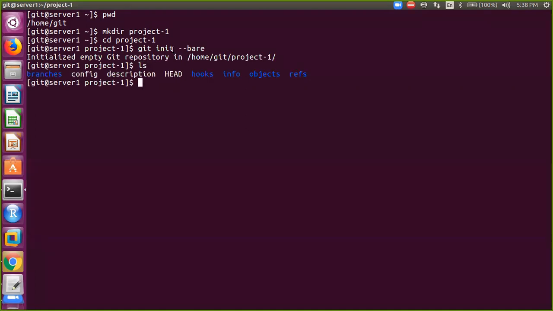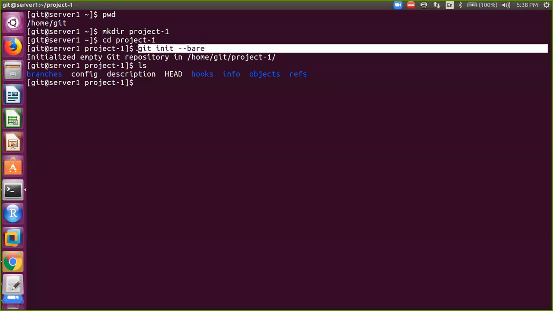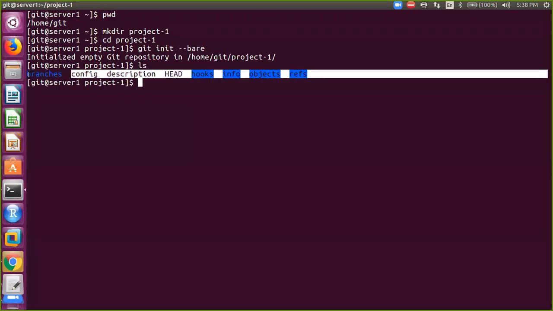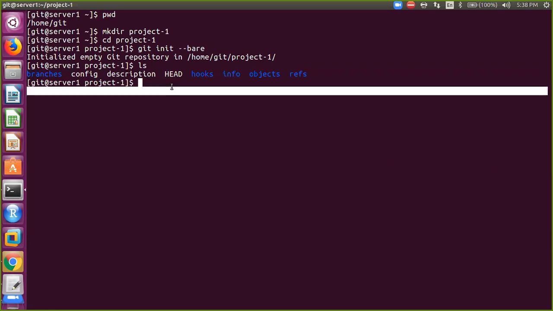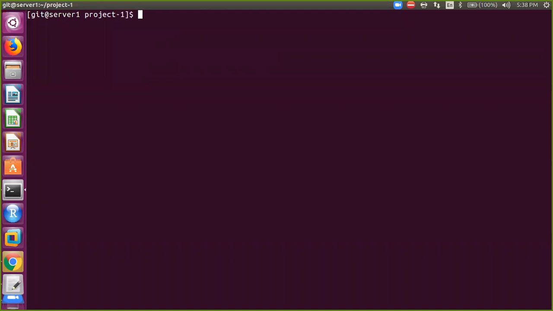previously when you entered git init, it created one .git folder. But here, when you enter the command git init --bare, it hasn't created a .git directory. The contents of that .git directory you can see over here. That means you are not allowed to do anything over here. It is for the git server remote repository purpose. Only you should say git init --bare, that's it.